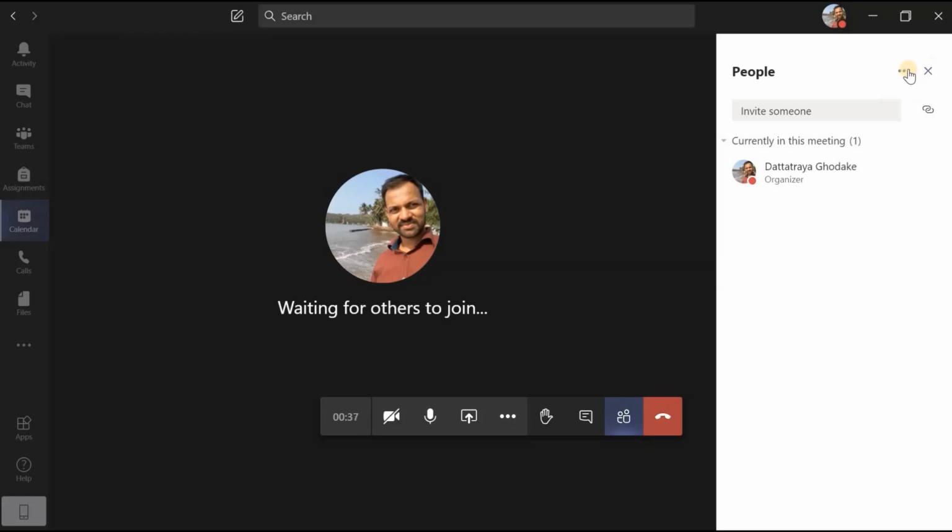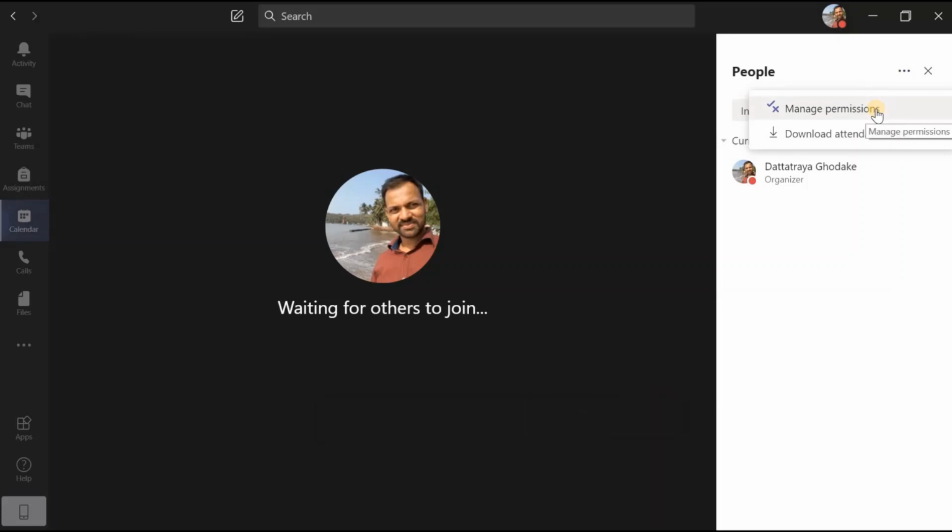Here you are finding three dots. Just click on this. Here you will get two options: manage permissions. It means suppose you are in a meeting with your students and we are knowing our students in a better way. When we start our presentation, in between somebody will stop and start presenting something else, which is mischievous. In order to avoid that, I can click on this manage permissions and easily